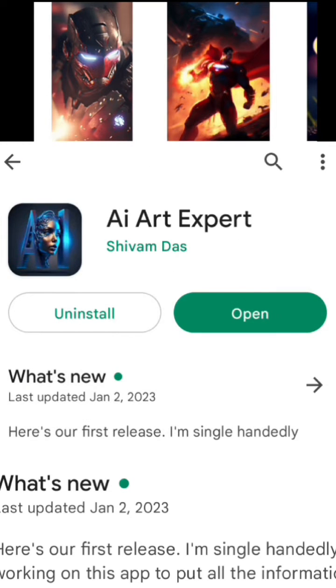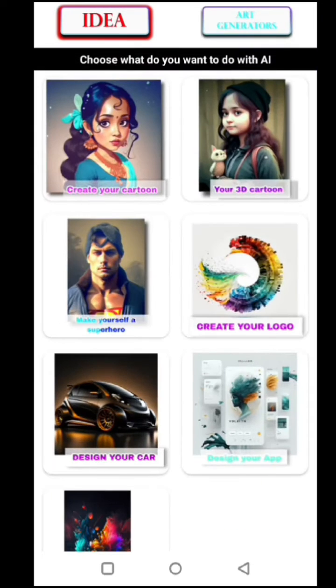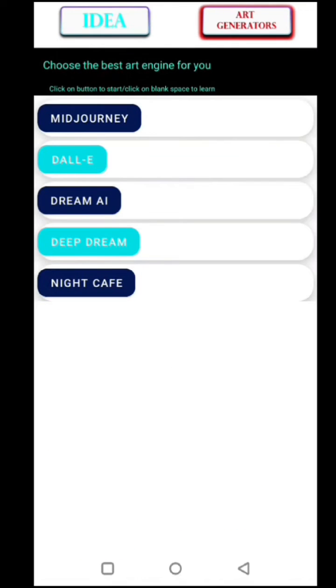Quick tutorial about how to start using Dall-E on our app called AI Art Expert. The first thing you need to do is to click on Art Generators. There you can find the Dall-E button. You can either click on the blank space to learn everything about Dall-E, or you can just click on the